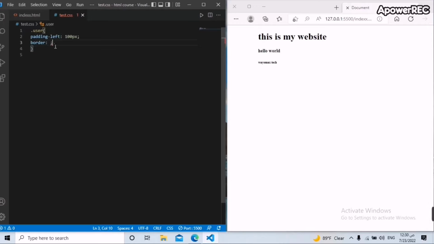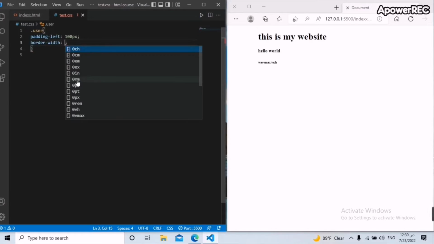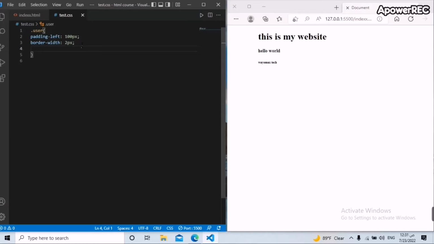We can write the border in two types. First one is this way. We will write the border color, for example, or border width. You will determine some pixels. For example, I will determine 2 pixels. This is the width of the border, and after that I will choose the border